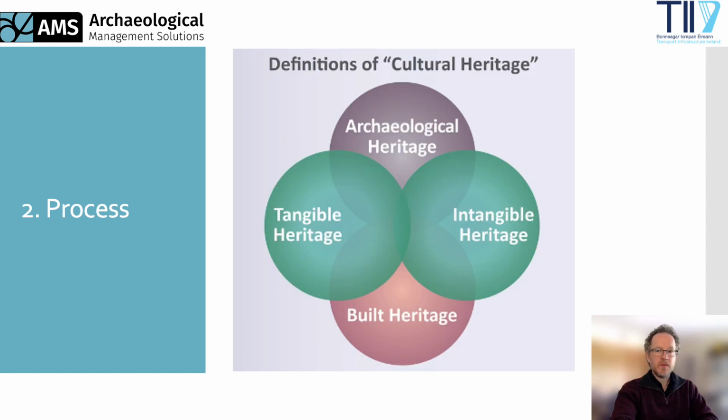The next step was to formulate definitions to break down the category of cultural heritage as an environmental factor for EIA into its component parts, recognising interrelated and overlapping aspects. For the purposes of TII's new guidelines, cultural heritage has been taken to incorporate archaeological heritage, built heritage, including architectural and industrial heritage, tangible heritage, including portable heritage such as archaeological objects, and intangible cultural heritage, and we provide examples of all these in the guidelines for illustration purposes.